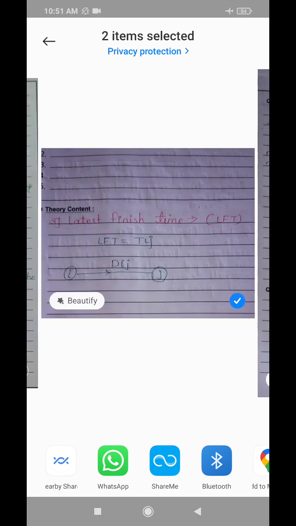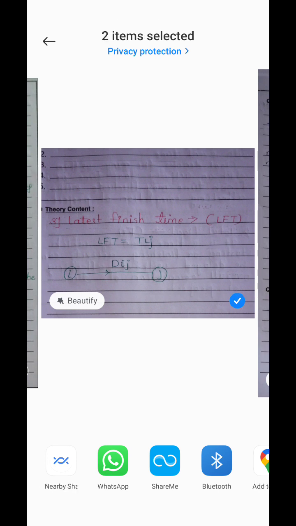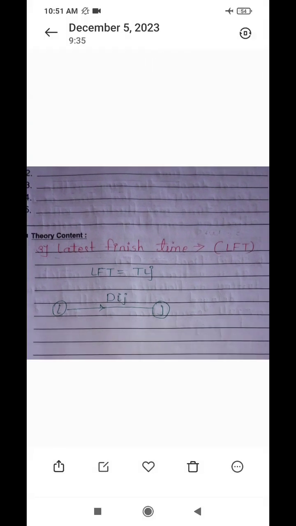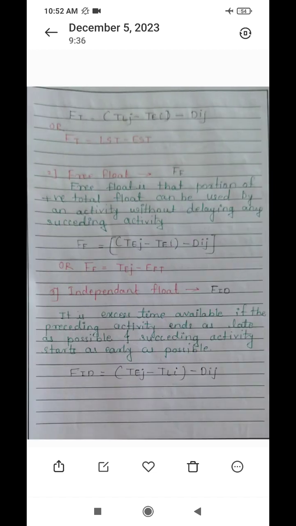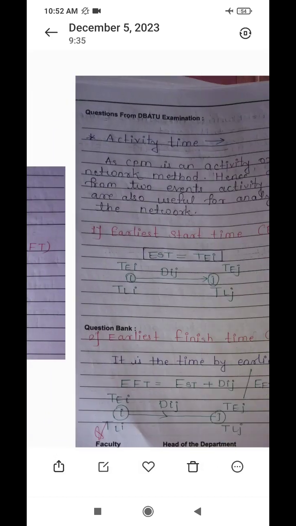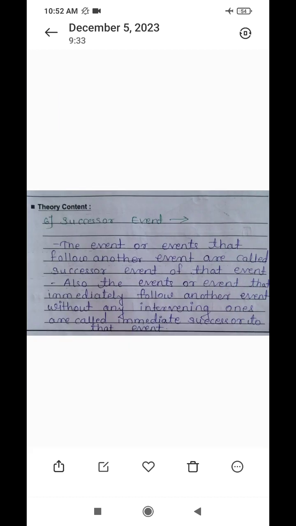Next is the latest finish time. Latest finish time means, working as per the requirements, what will be the finish time of the activity. The latest finish time is shown by LFT, which is equal to TLJ. TLJ is the latest time of the second event. Then there is also float activity, that is